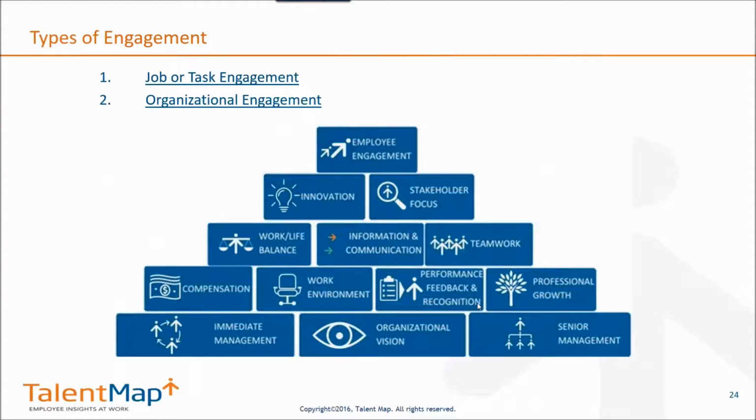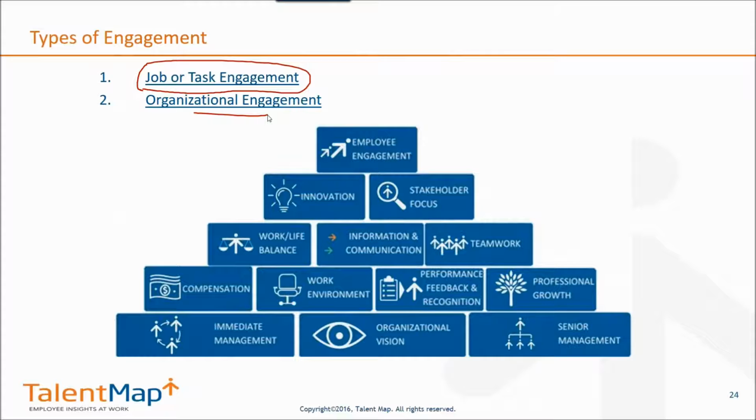Now let's get back to trade organizations and talk a little bit about what the key drivers are in trade-driven associations. And what we find, based on the models that we create, is that job or task engagement is a lot more important in trade or professional associations than organizational engagement. Let me say that again. Job or task engagement is a lot more important to employees in professional organizations than the vision of the organization or the mission. Not that the mission or vision is unimportant, but job engagement is much more important. I'll explain why in a little bit.